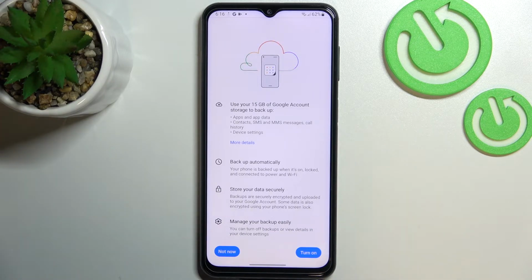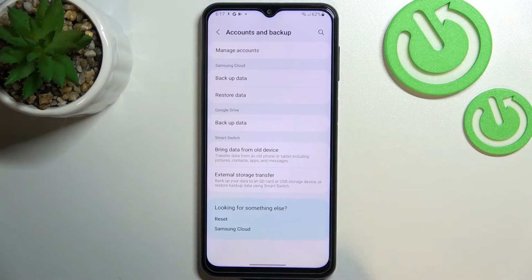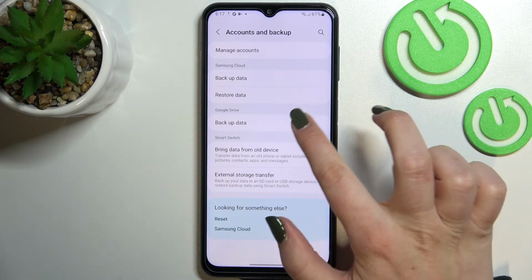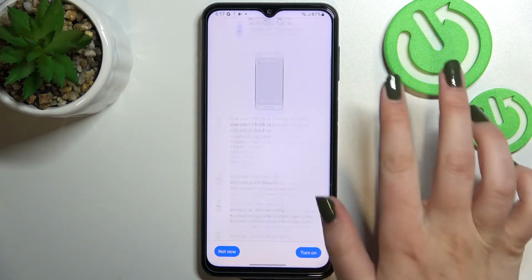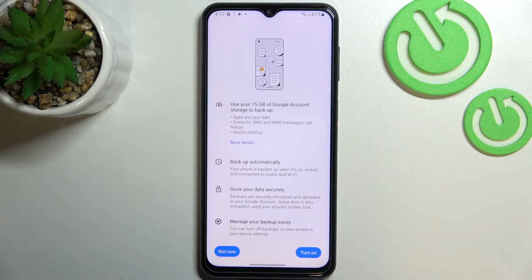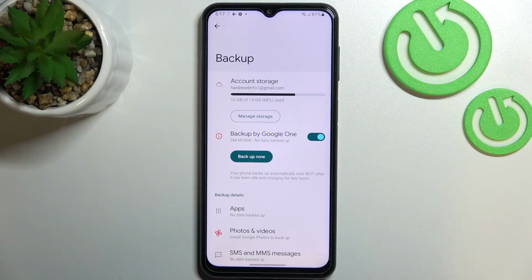So if for some reason you do not want to back up the data right now, just tap on not now. As you can see, we will get back to the accounts and backup section, but if you will decide that, okay, right now I want to back up the data, just tap on this option, and as you can see, you will be directly transferred to this step, so you do not have to go through the whole operation of adding the account. So just tap on turn on,